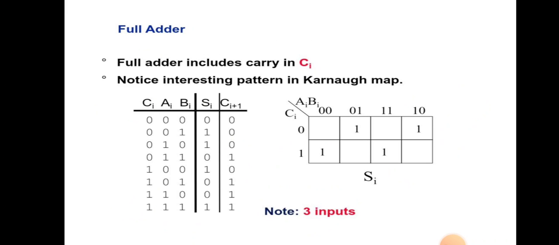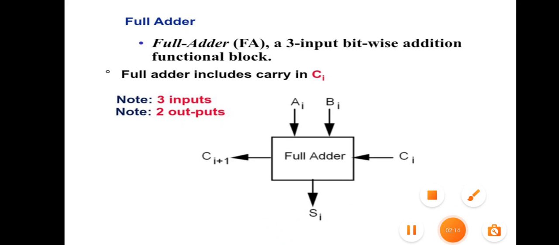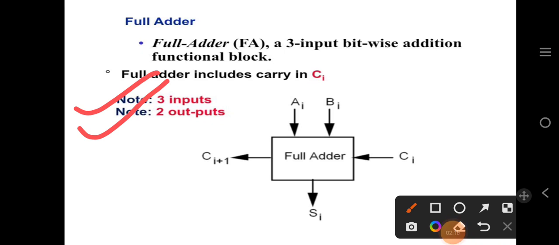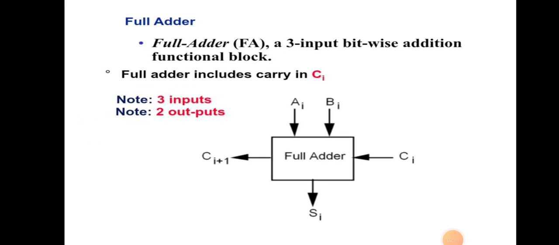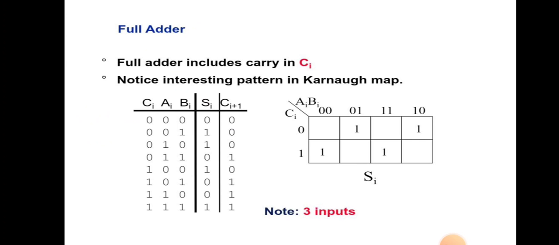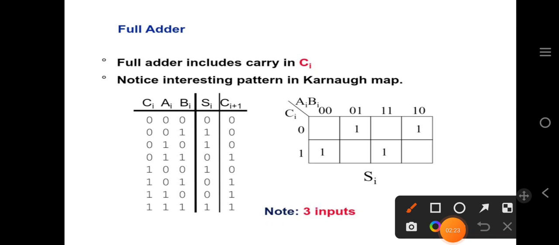Now we will see step by step how to design a full adder. As in the previous lecture, at the start of the PPT we saw the steps used to design any adder, half or full. The first step is to recognize the inputs and outputs, which we have done in this slide. We have recognized how many inputs and outputs there are for the full adder. Now the second step is to draw the truth table for that particular adder.